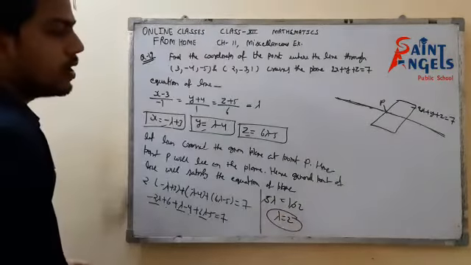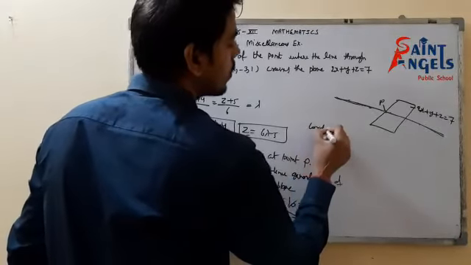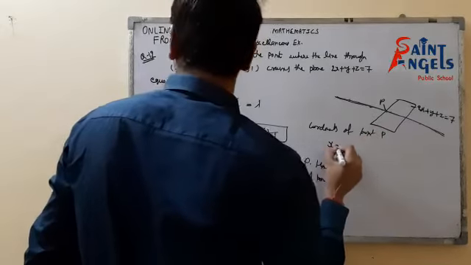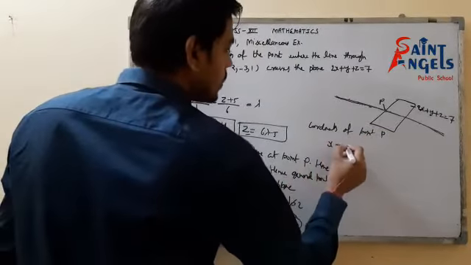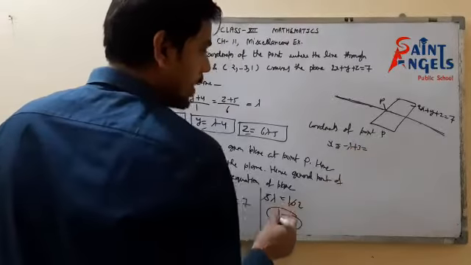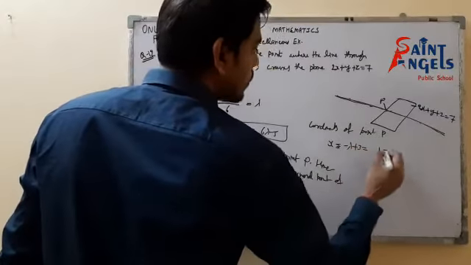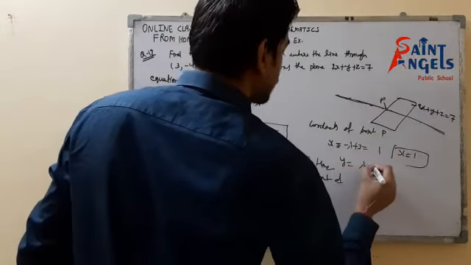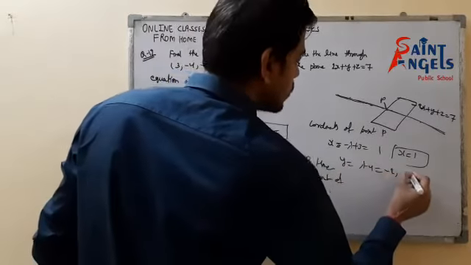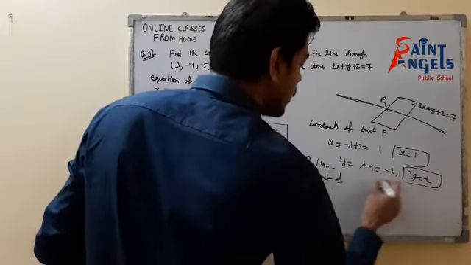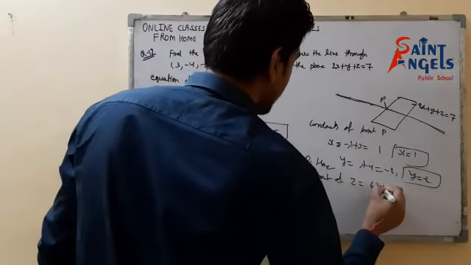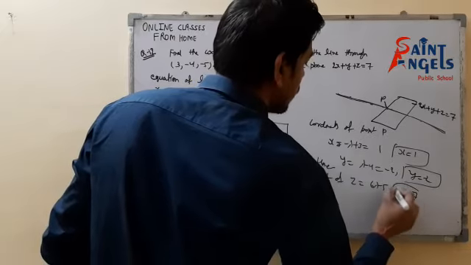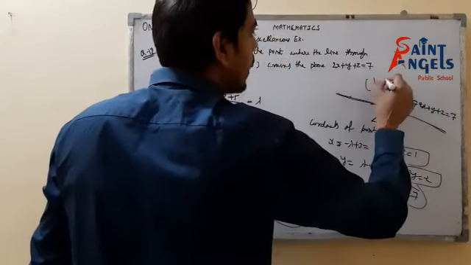So now the coordinates of point P. x would be equals to minus lambda plus 3. Minus lambda plus 3, it means what? Minus 2 plus 3. So that would be 1. x equals to 1, first point. y would be lambda minus 4. So 2 minus 4, minus 2. y equals to minus 2, second point. And then z would be equals to 6 lambda minus 5. So 6 into 2, 12, minus 5, 7. So z equals to 7. So the coordinates of the point are 1, minus 2, comma 7.